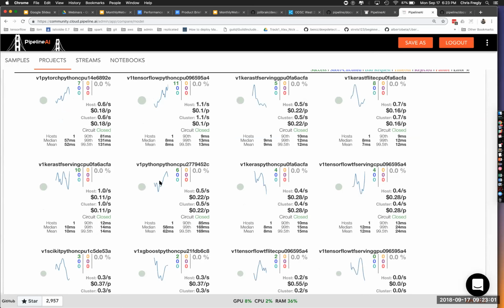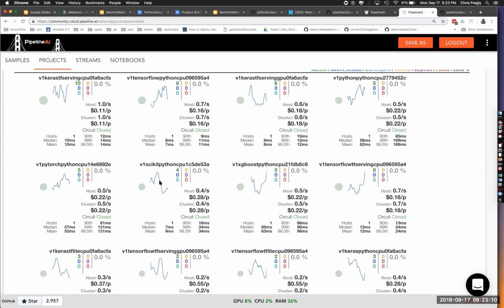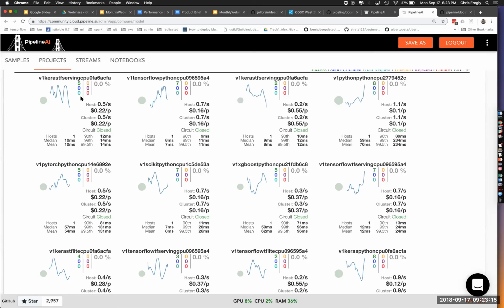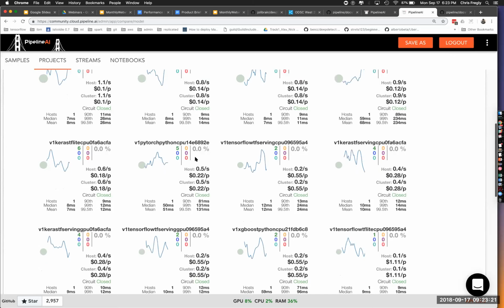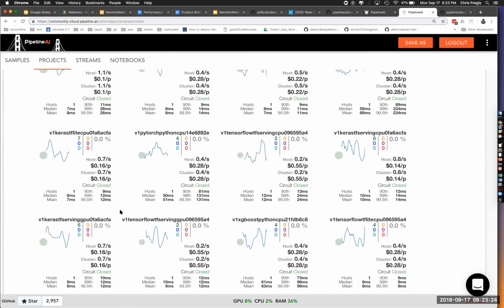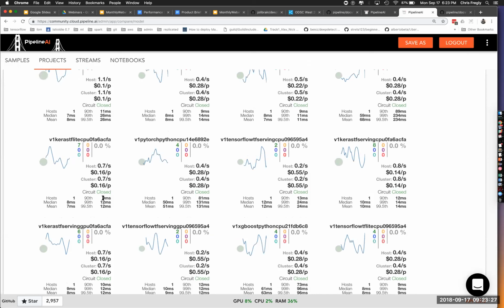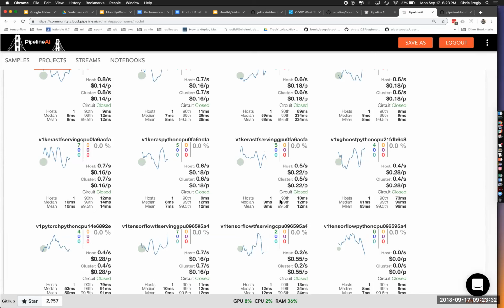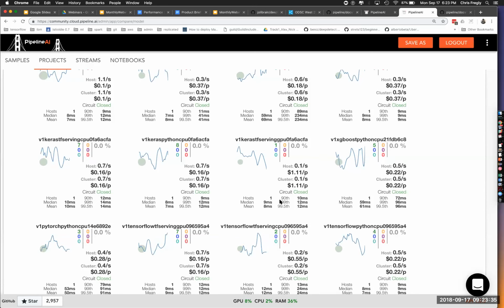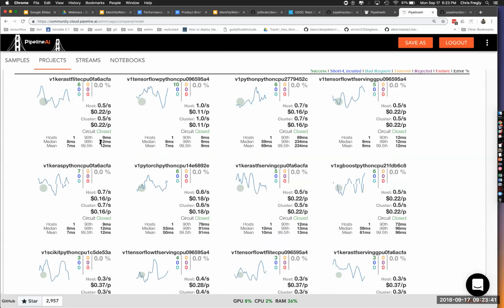So there's actually 12 variants that we've highlighted here, and you can kind of glean from the names of these what they actually show. I believe they're kind of flipping a bit because it's based on volume. So if you start looking at one, it'll jump. We have to fix that. But for right now, you can get an idea of the relative performance between these. PyTorch coming in a little bit higher. TensorFlow serving's pretty fast. We actually have a version using TensorFlow Lite. If you search here, here's Keras with TF Lite, which is actually performing pretty well.